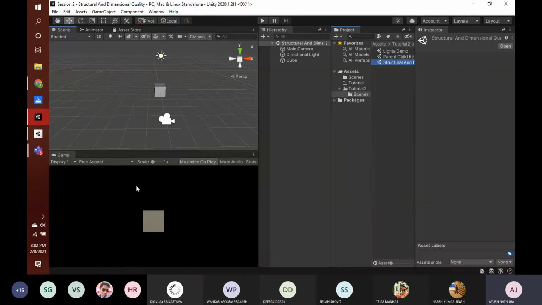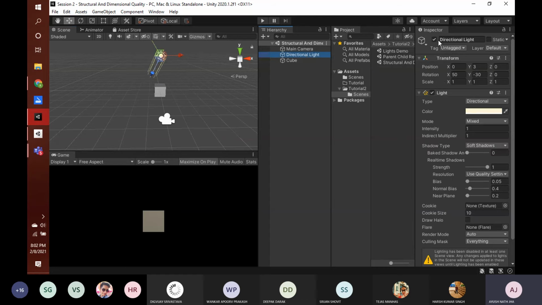So you can see that the whole scene is blank and there is only one directional light and one cube. Now if I turn off the directional light, let's say the scenario when there are no light sources, you will see that everything becomes dark. Though the object is still there, everything is dark. Why? Because there are no photons falling on it and getting projected towards the camera so that we can see. So whenever I click on this directional light, the object reappears again.